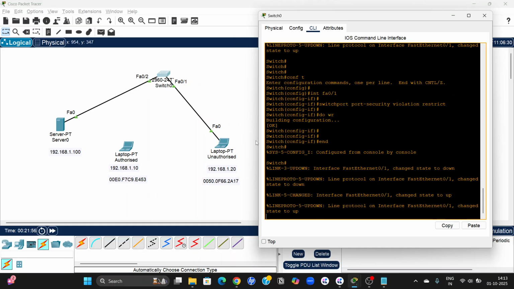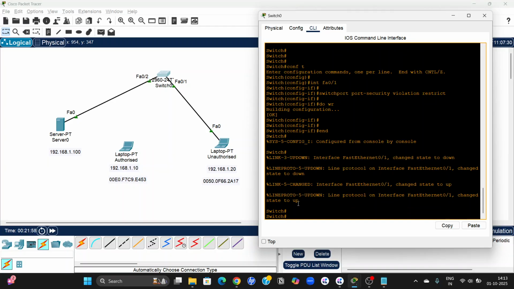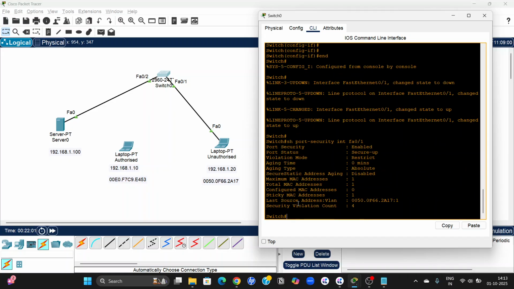But if we check here, it logs the count also. And it also records the MAC address of the device. It was 0050. It is showing as an unauthorized device. The violation mode is restrict mode, and it's showing a count of 4, because it's counting the earlier shutdown count as well as the protect count. But in the restrict mode, it logs the count also. This is the main difference between the protect mode and